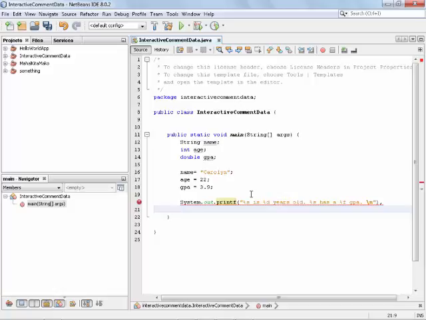Because our percent s is our name, and percent d is our age, also name because it's typed percent s, and the last percent f is our GPA.